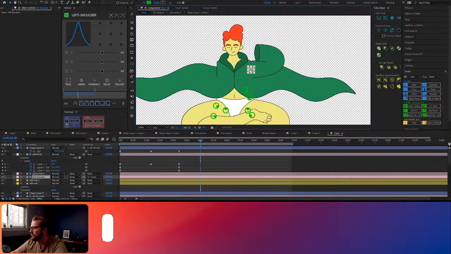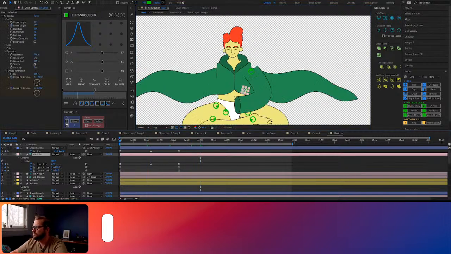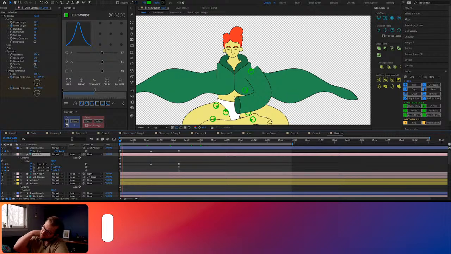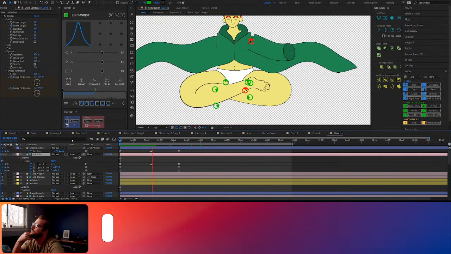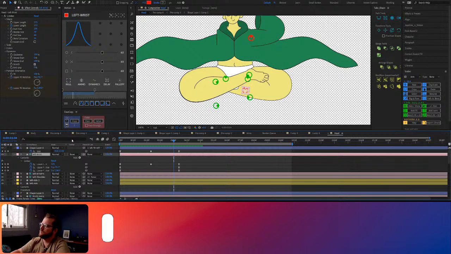All right. Still got to work on that shoulder, connecting that up, but okay, now we just need to animate the